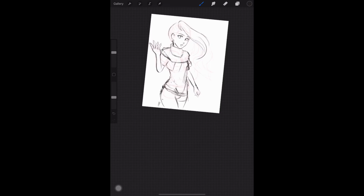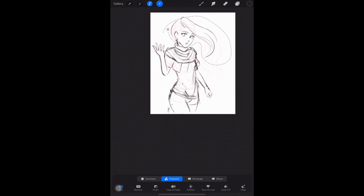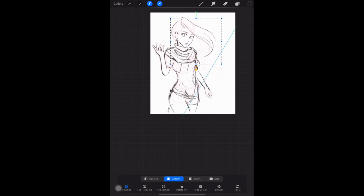Other things I'll add is things on the clothes. So if the clothes have a logo, a circle, whatever, a pattern on the clothes, I will add it here as well. Another thing I would add here is if my character had any lace, or if her scarf was a desert scarf and had tassels hanging down from it, I would add things like wrinkles and all of that